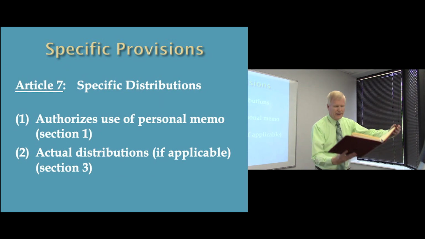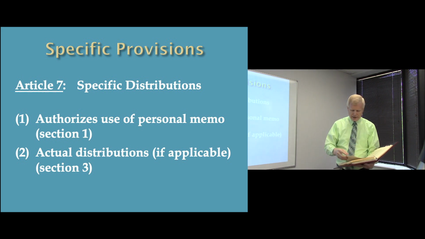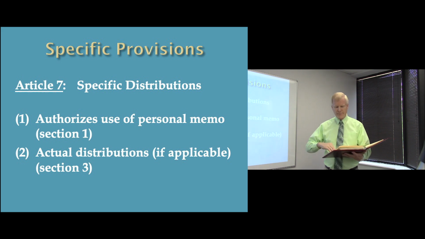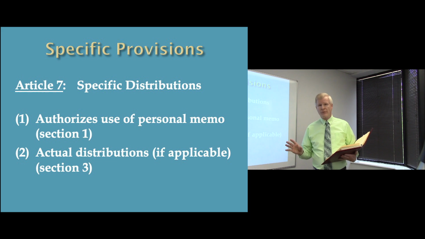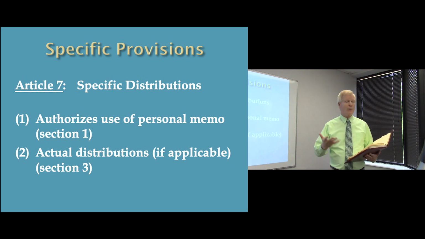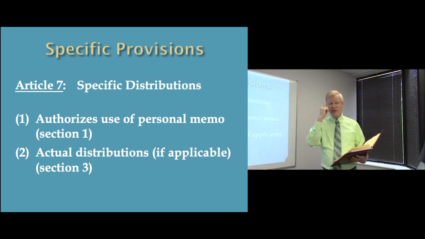Article 7 is dealing with specific bequests. Specific bequests is where we take tangible personal property and we can take certain items right off the top and give it to a particular person, right? We can do that in two ways. We can do that informally through a memorandum that just describes the item of property and who gets it. We sign and date it. And in Virginia, you can do that on any type of paper, no particular format. It could be on a napkin, it could be on a scrap paper,